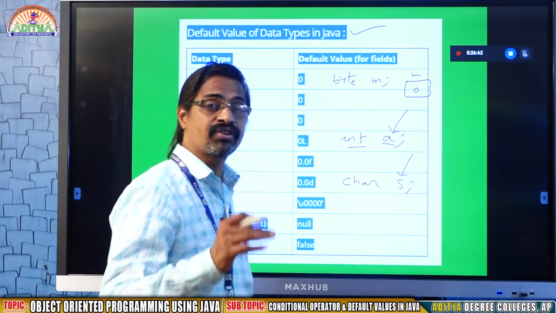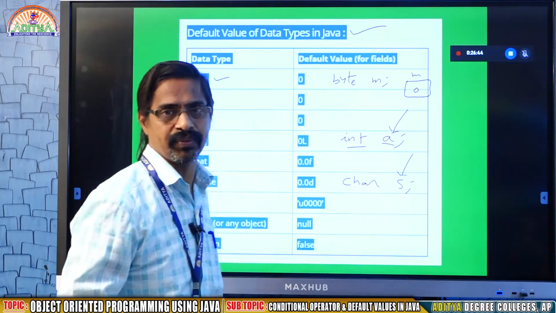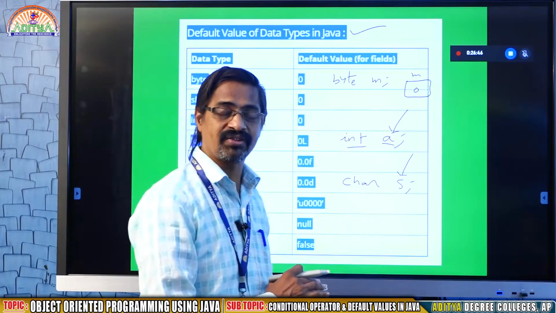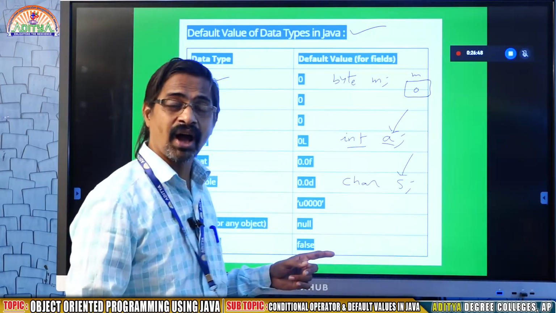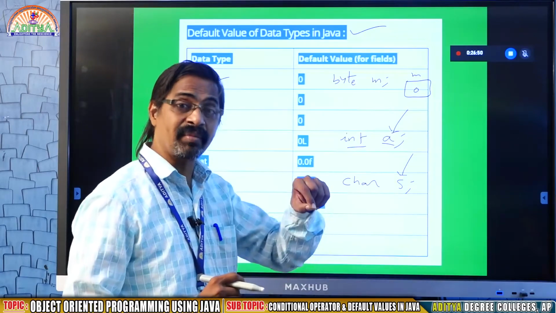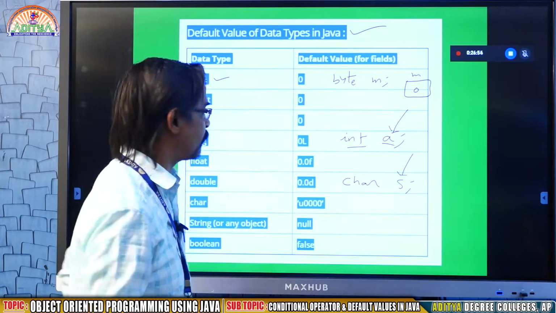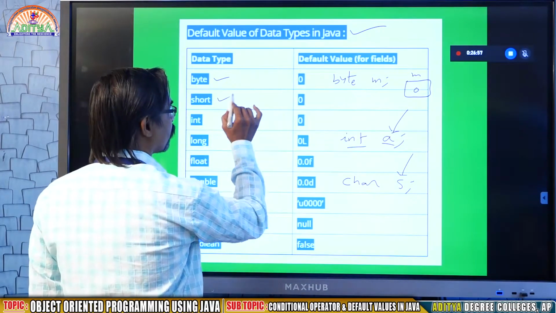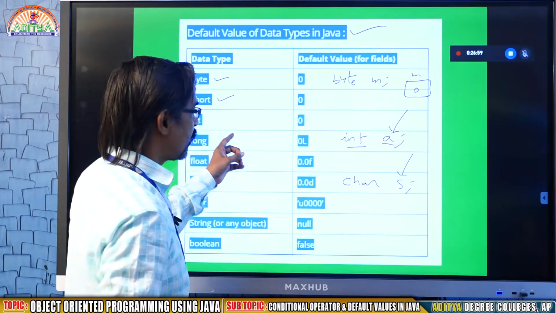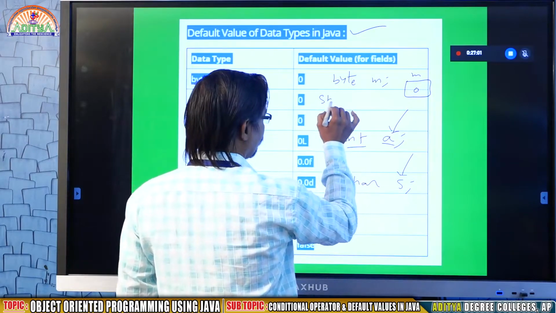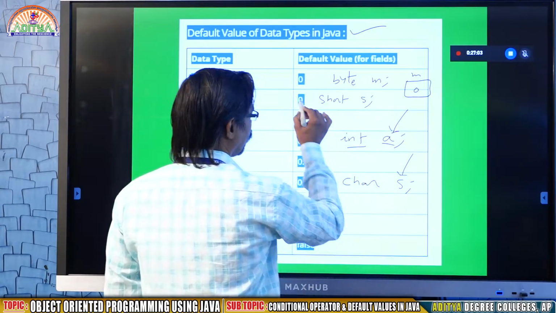Whereas in C language, it takes a garbage value, because C is function oriented, Java is object oriented. So in object oriented, every variable defined in the class has some initial value. When you define a short, it will take 0.